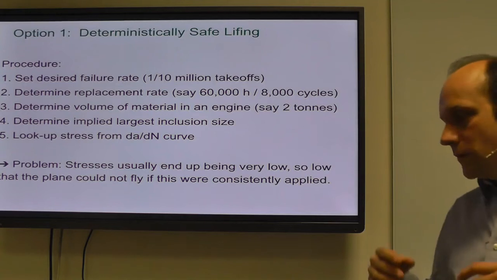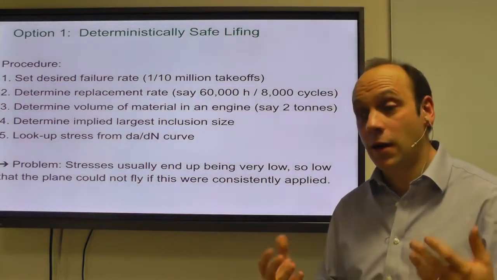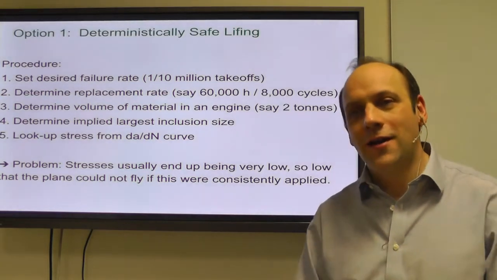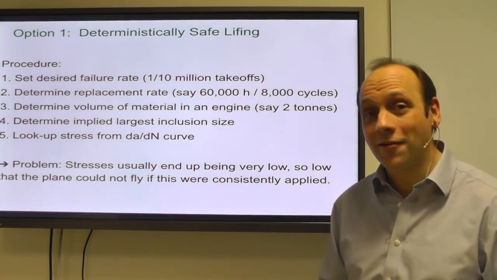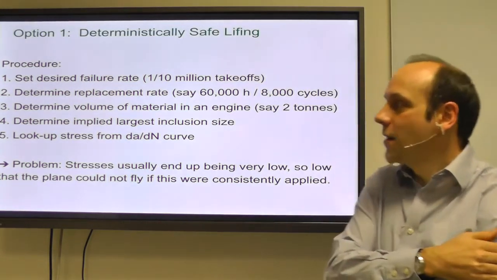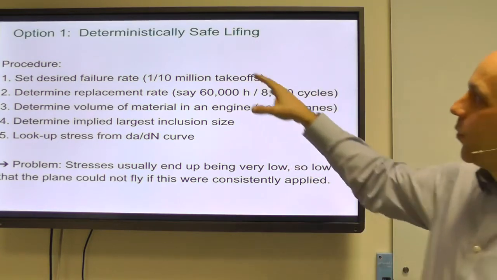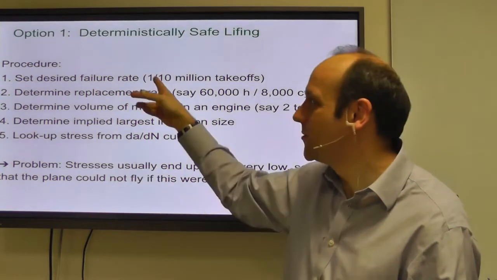And therefore, the stress that I will be able to safely tolerate will be very low. And therefore, I would end up with a very heavy jet engine and a very heavy plane, and I'd never get off the ground. And certainly not with an engine that would be efficient or saleable. And notice that while I've called this deterministically safe lifing, it's still from a probability distribution with a desired